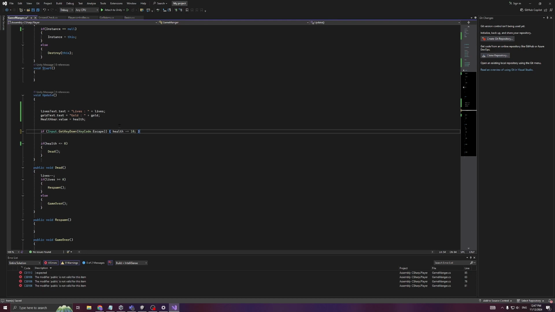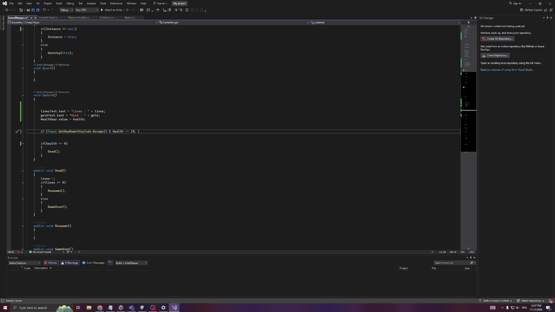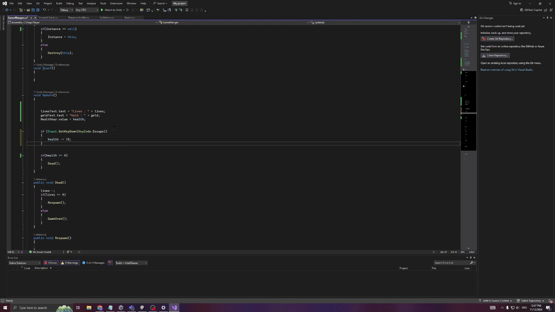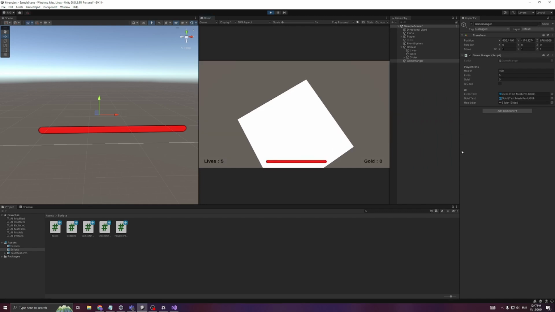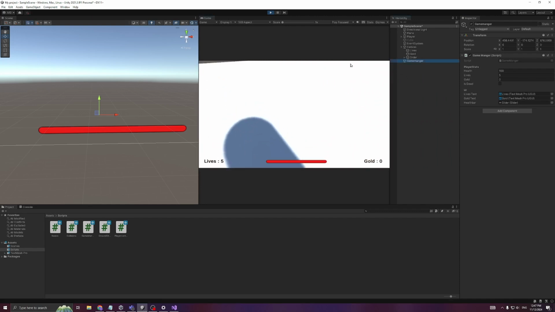Let's not write it like that so it's readable. And let's not use the escape key, let's use the F key for now. We'll comment this out later, but just for checking that our health bar is working. So now if I press the button F, it's going to take 10 away from health. So let's click save, come back over to Unity, press play again, and now if I press F,